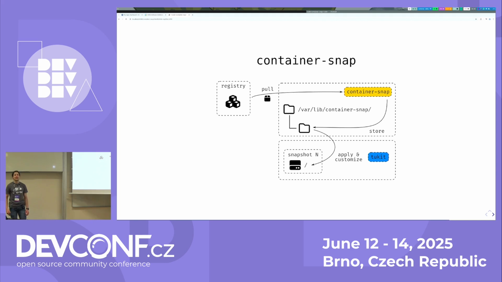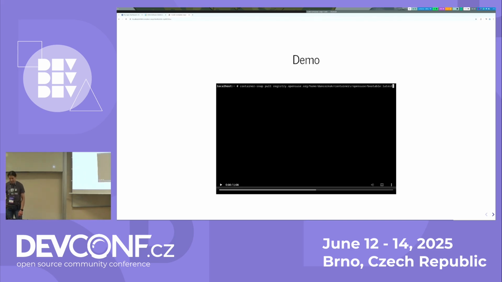And that's essentially it. So what this thing does is you give it a container image, it pulls it down, and puts it into a Btrfs store. There your image lands as a Btrfs subvolume, and then I use TUKIT, the transactional update kit, to customize it, tweak it a little bit, and then you can boot from it. You can boot from a container image. And in case you're thinking, well, that sounds far too theoretical, I have made a demo,